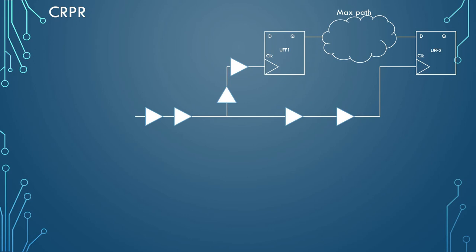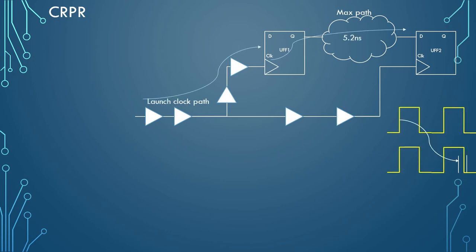apply a derate in the max path, which is the launch side, which pushes the total arrival time and adds some extra percentage of delay in the launch clock path and max data path, that is, till the capture flip-flop. And we also apply an early derate in the capture path, which reduces the delay and pulls the capture clock path delay by some percentage. So this path gets pulled and the launch path, the max path, gets pushed. That way we were reducing the setup slack margin and effectively adding some pessimism due to OCV.